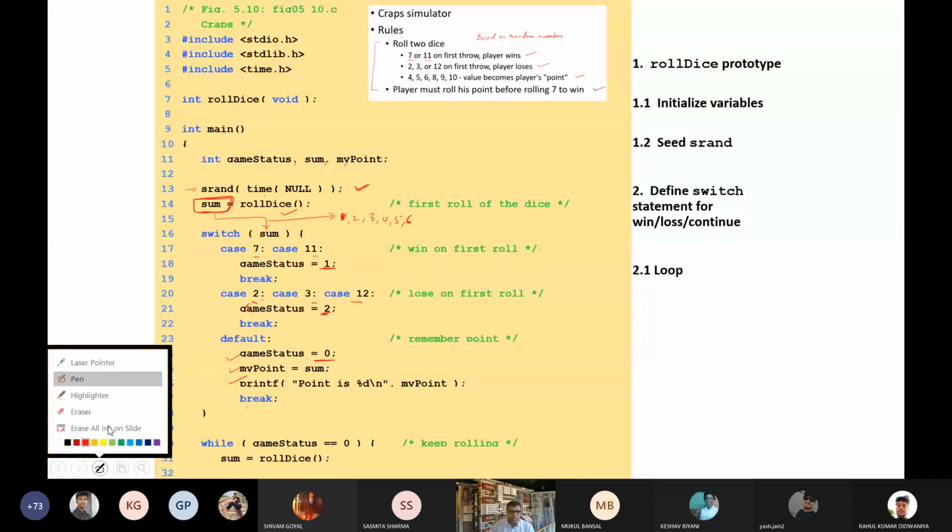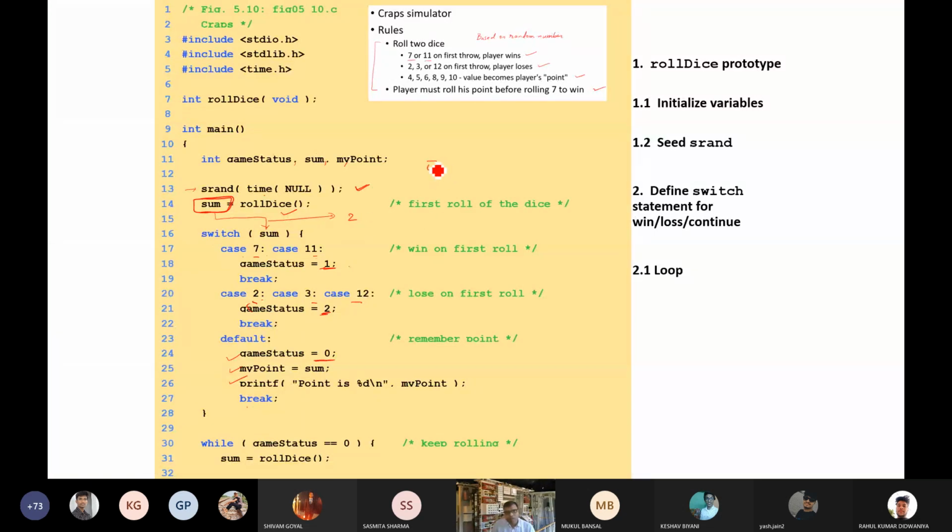So it can be any number from 2, because 1 and 1 is our least number, and the maximum number is 6 plus 6. So any number from 2 to 12 can occur.